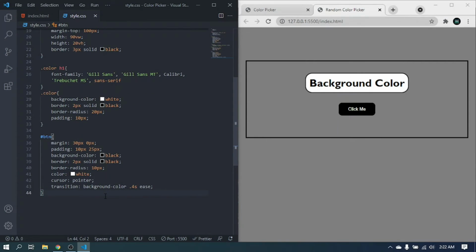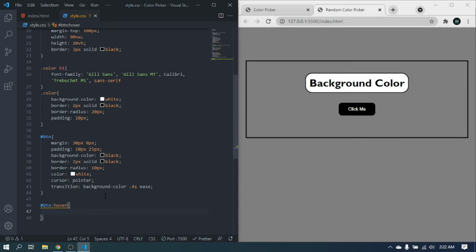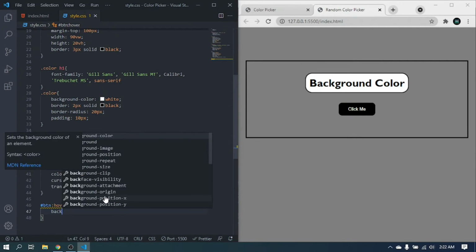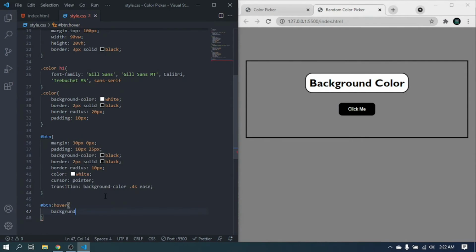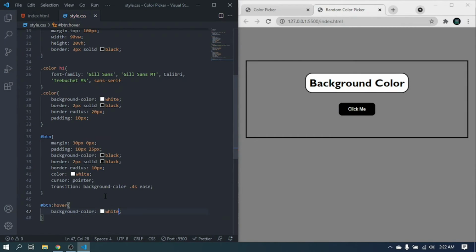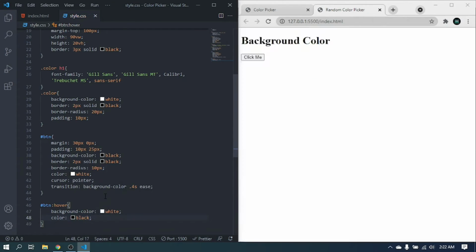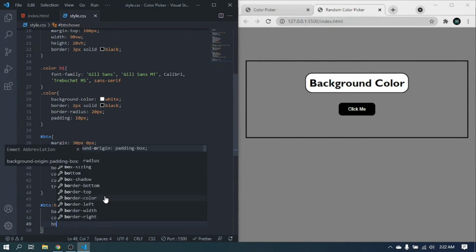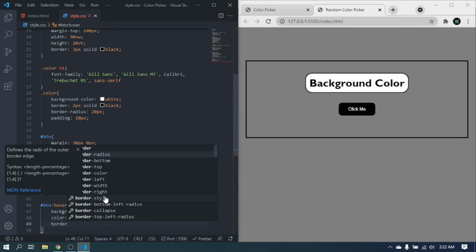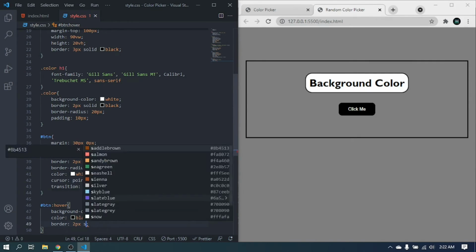Now we will add some hover effect to the button. So for that I will just change its background color to white and its text color to black and its border, not a radius, only border 2 pixel solid black,